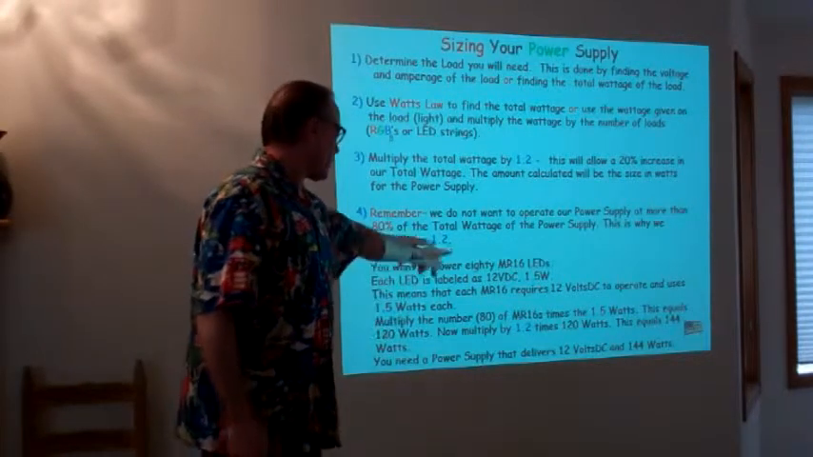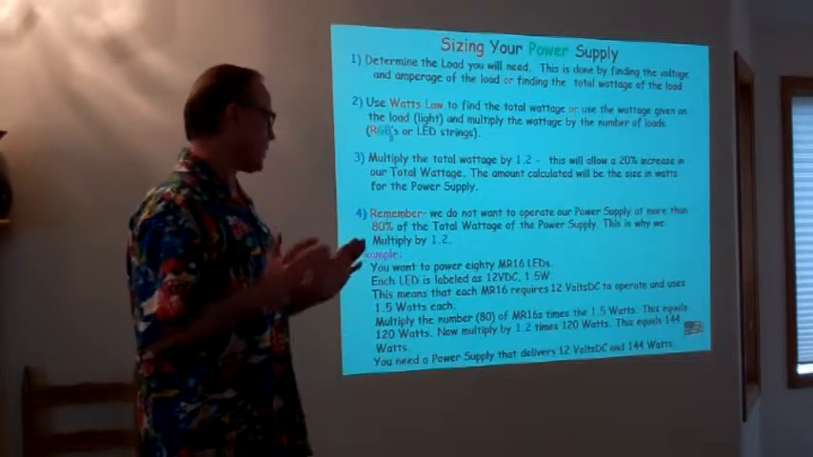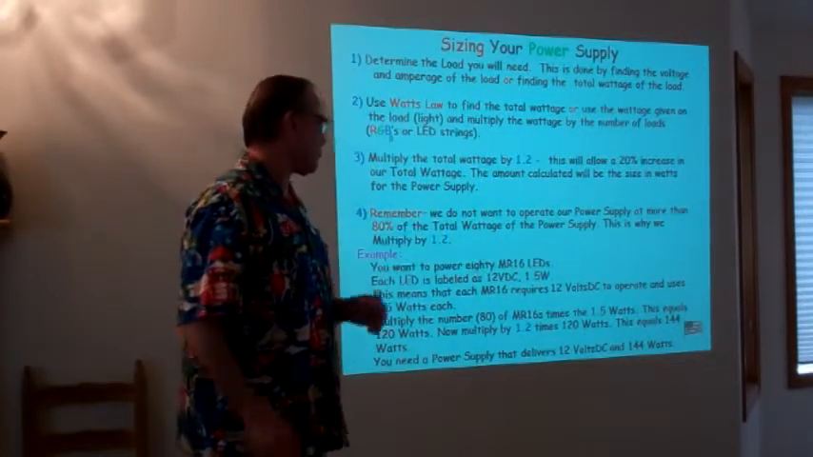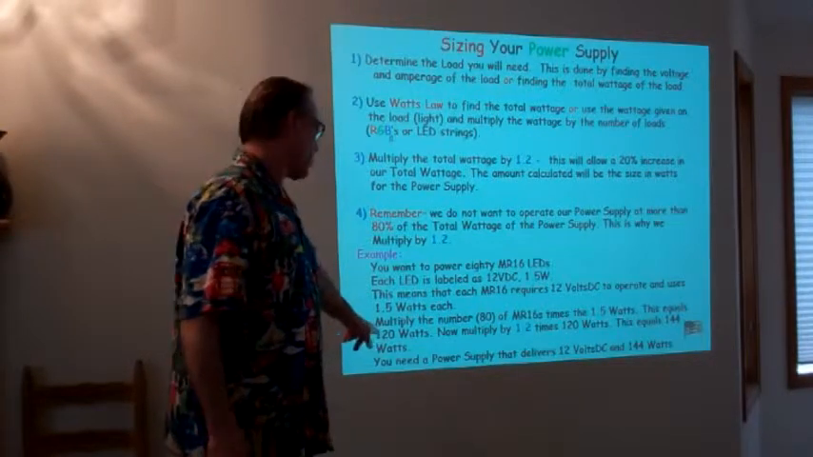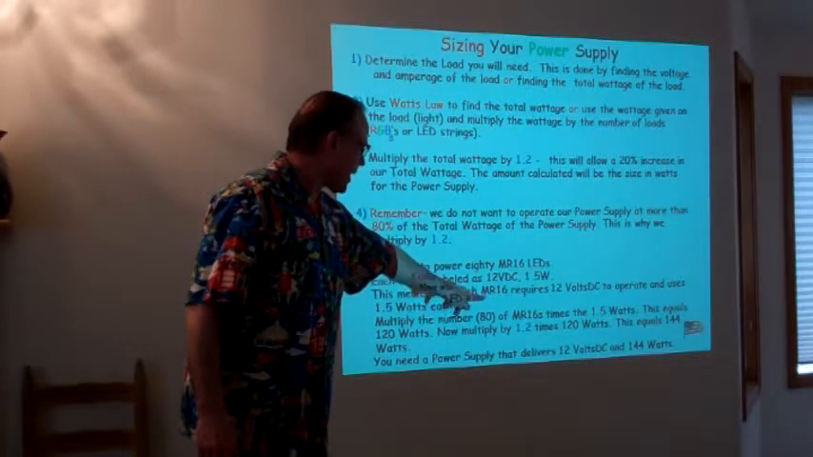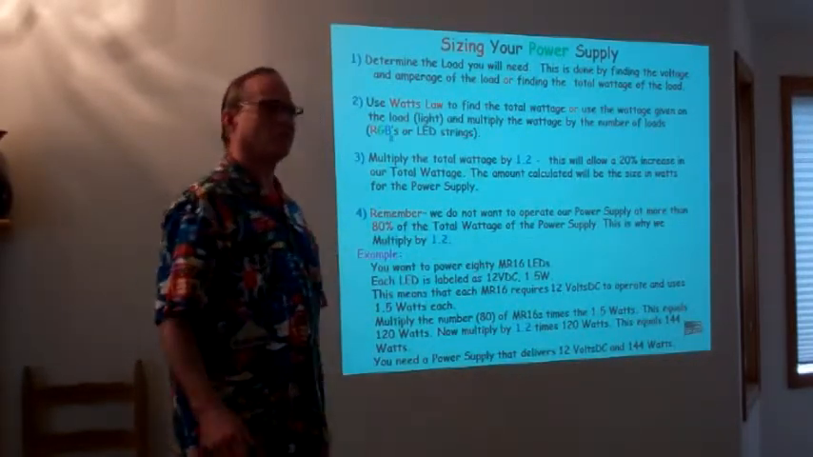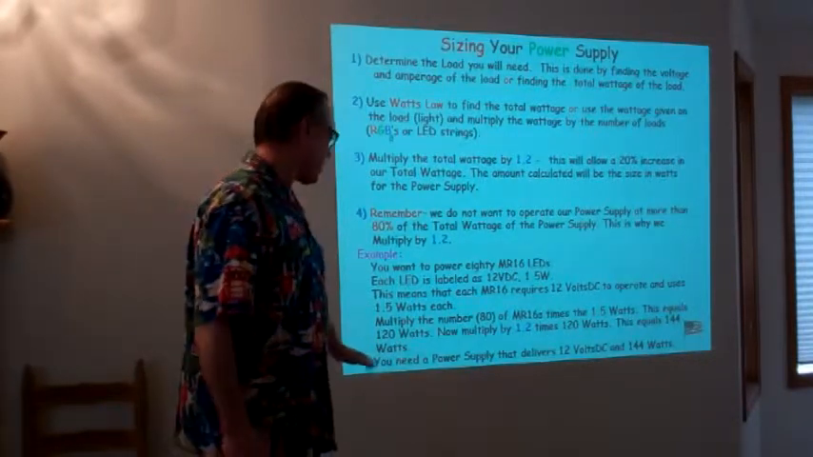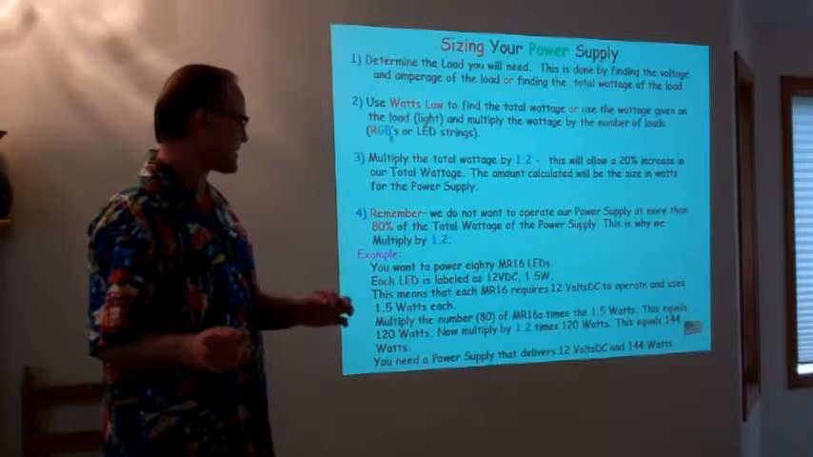We're going to take what? We've got 80 of them. 80 of those times that 1.5. We don't have to do anything with the voltage at this point. 1.5 watts basically is going to give us 120 watts. That's my total. So I am now going to multiply that by 1.2, and that would give me 144 watts total that I need for my power supply to supply. So you'll need a power supply that delivers 12 volts DC